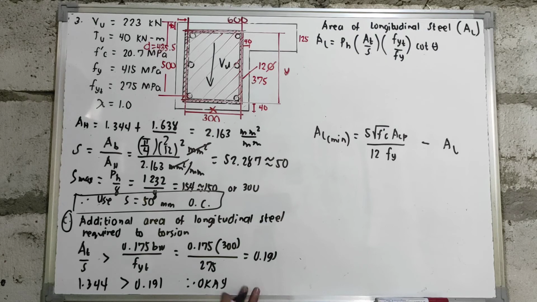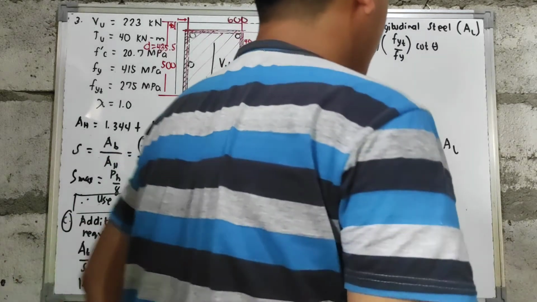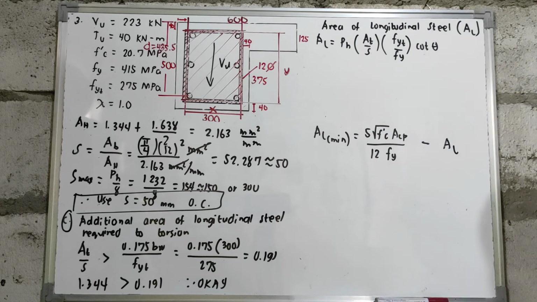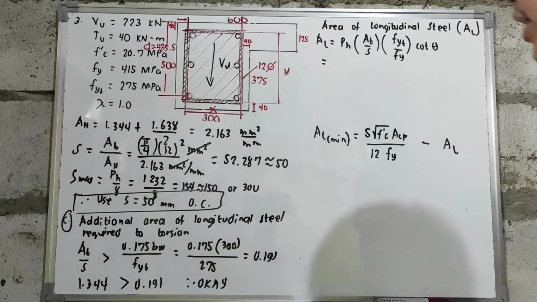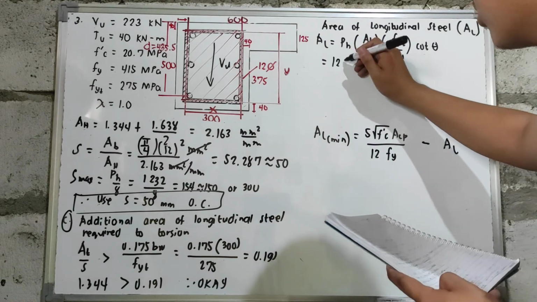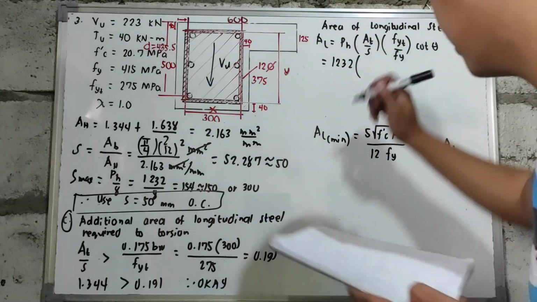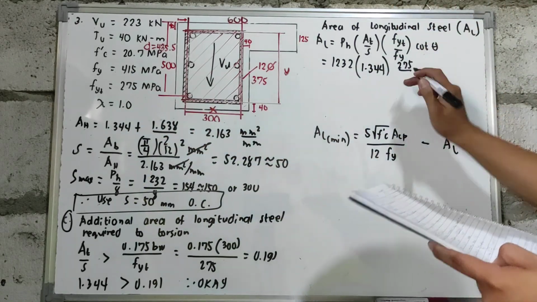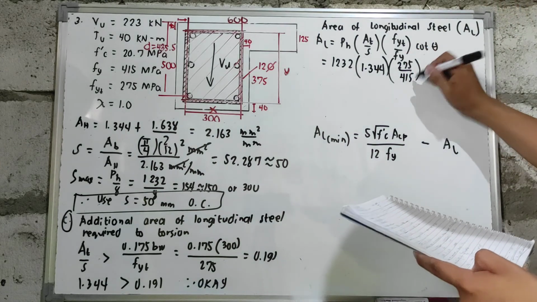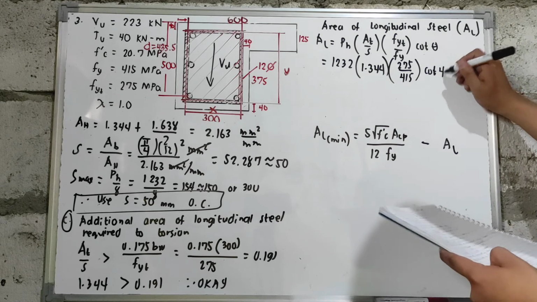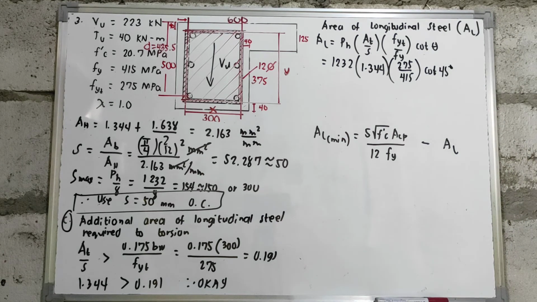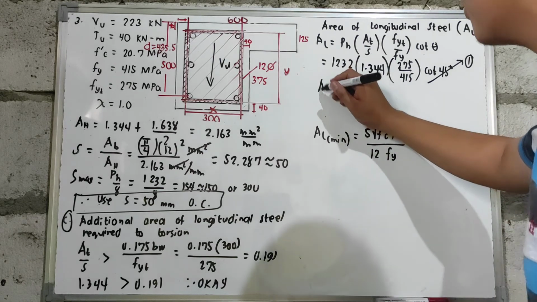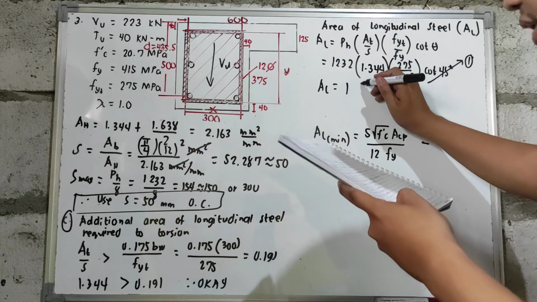Then, after na i-check natin yung dalawang quantity, we will now solve for the value of your area of longitudinal steel. So, meaning to say, ito yung formula natin. Etong theta natin, that is 45 degrees for non-pre-stress. So, we have yung pH natin na given kanina, na na-compute natin, na 1232. Yung AT over S natin na 1.344 over, dito naman FYT, meron tayong given na 275 over yung FY natin na 415. Multiplied by cotangent theta, which is equal to 45 degrees. Wherein tong cotangent theta na to, this also equivalent to 1. 1 lang yan. So the value of your AL is now equal to 1,097.222